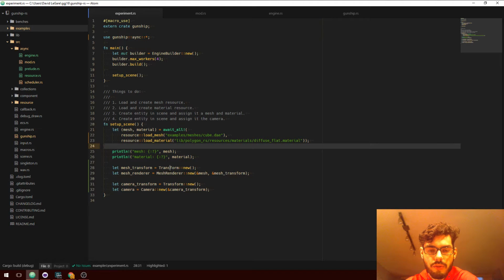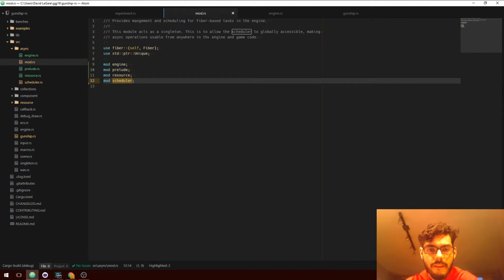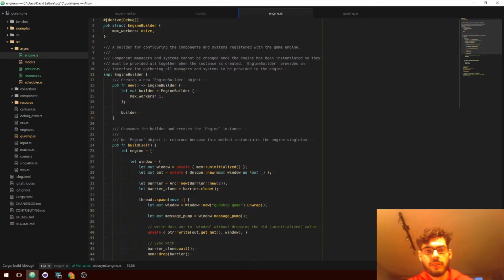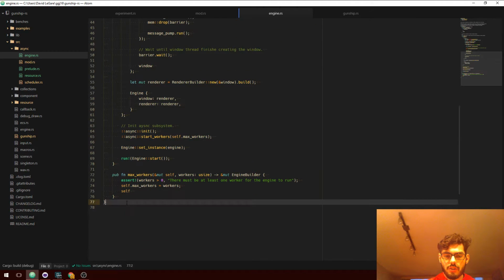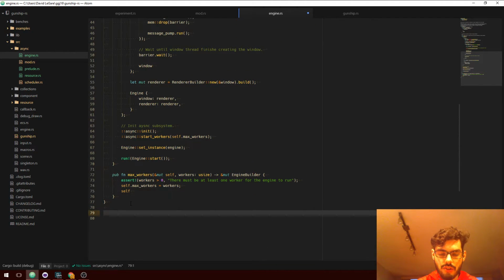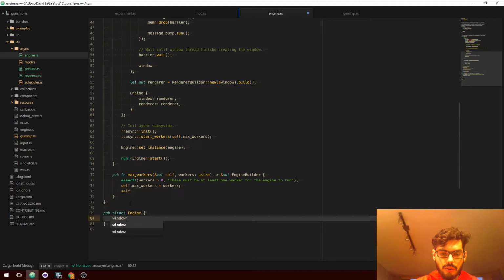And then the other one, so we got transform, mesh render. I still got to figure out what those are going to be though. So let's do. I'm going to make the engine itself pub, I guess. Pub struct engine. Window render.